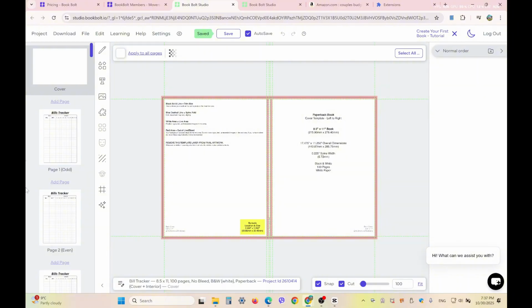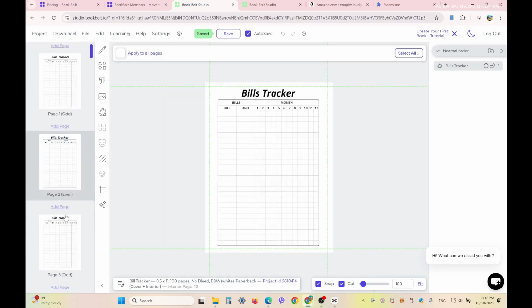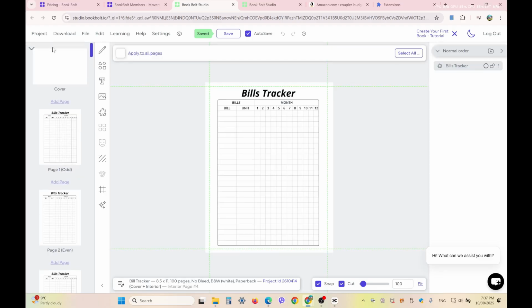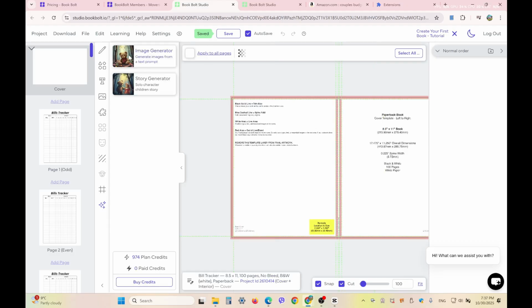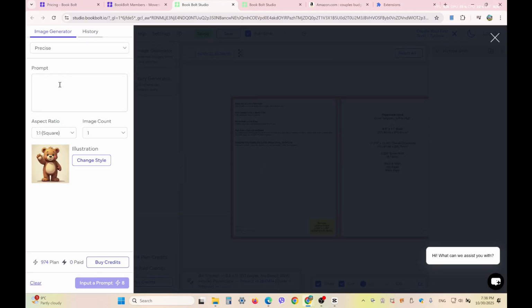So now let's do the cover. You can see from here the pages, they are the same. We need to do the cover. This is the dimensions of the cover. I'm going to create a plain cover very quickly, but you can play and create something very nice. So I will go to the image generator. I will type boho, let's say vintage boho style pattern,